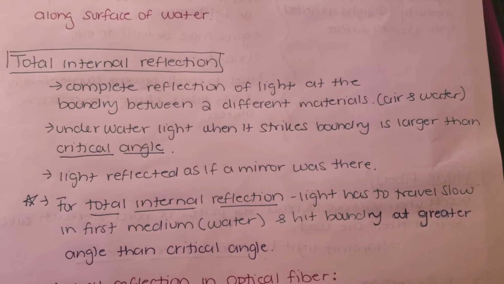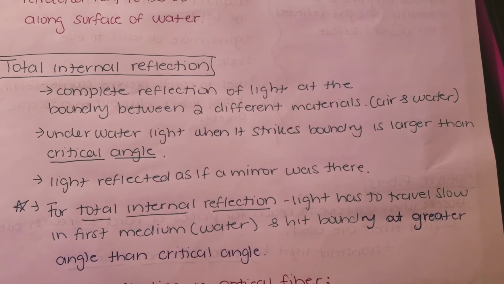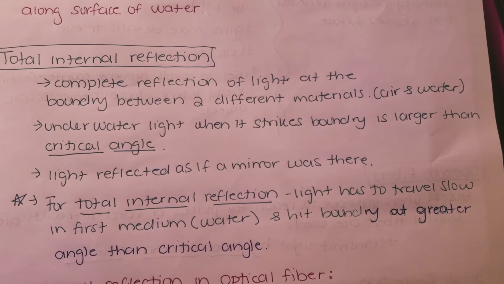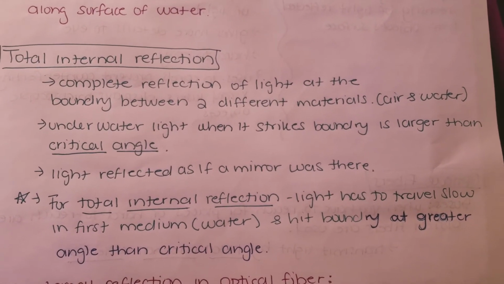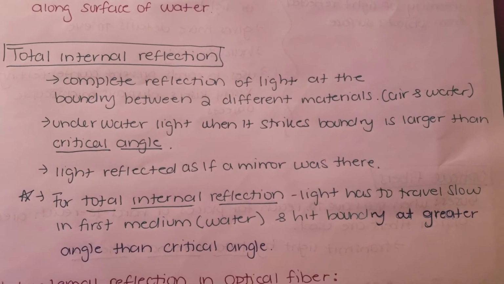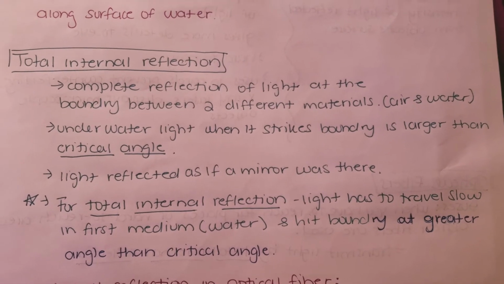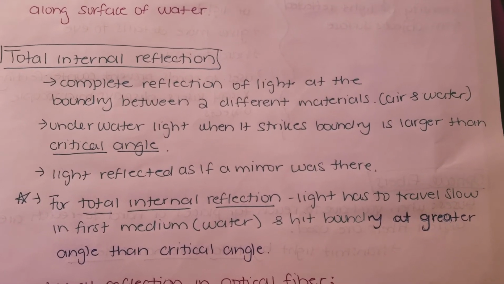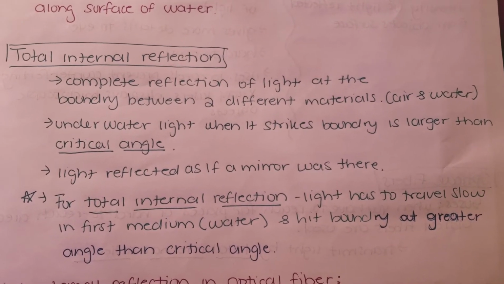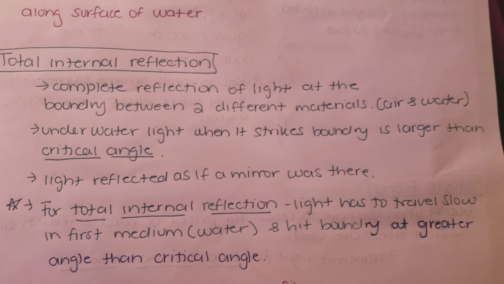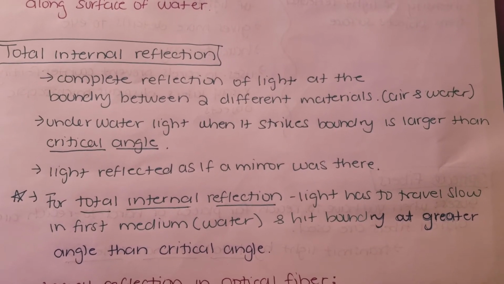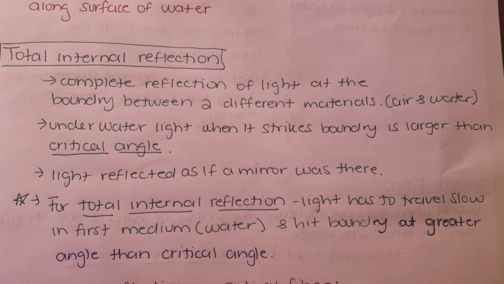because of the reflection. Now, when this happens, the angle of the light is actually going to be a lot bigger than the critical angle. The critical angle causes light not to be refracted into the air, but it's going to follow the boundary. But this one is going to go right back down into the water and not follow the boundary of the water at all. So for total internal reflection to happen, you're going to have light that travels from the source a lot slower in the first medium, which is water, than the second medium, which is air, and it's going to hit that boundary between the water and the air, and it's going to create such a greater angle than the critical angle that it's going to act as if there's a mirror